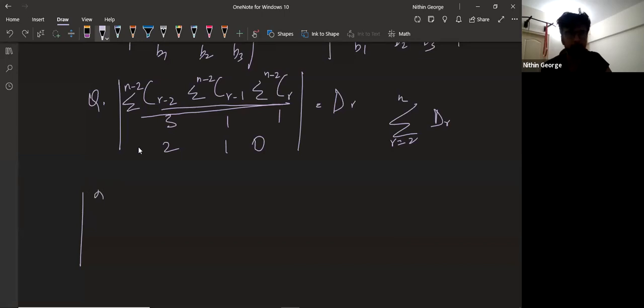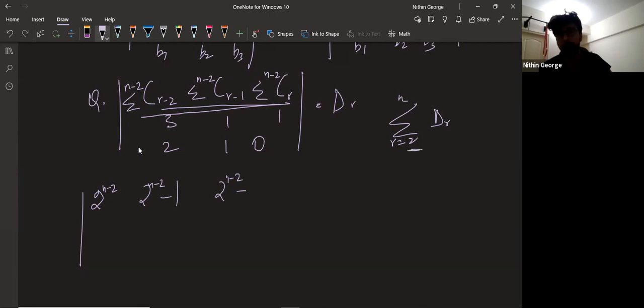Okay, so this becomes 2 power N minus 2. Then, similarly, this one becomes N minus 2 C1 plus N minus 2 C2 all the way up to N minus 2 Cn minus 2. So that becomes 2 power N minus 2 minus N minus 2 C0. And then the term here, N minus 2 C2 till N minus 2 Cn minus 2, which becomes 2 power N minus 2 minus N minus 2 C0 minus N minus 2 C1.